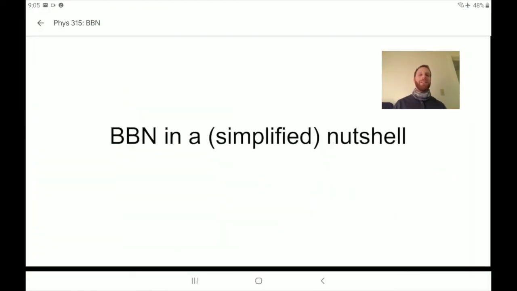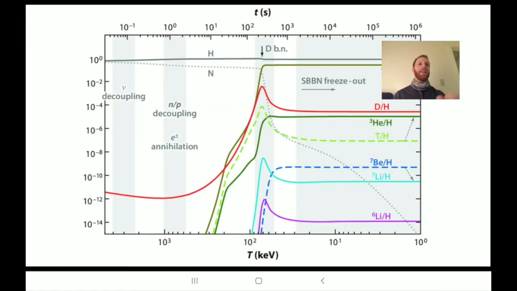But what's the big deal? How do we verify this? Well, when you actually run these complicated codes, which this is kind of showing you what's going on, the weak interaction freezing out really starts with neutrinos decoupling, and then neutrons and protons also decouple, and this happens around the same time that a large amount of electrons and positrons annihilate. But these sophisticated standard Big Bang nucleosynthesis codes will show you how hydrogen, or if you like protons and neutrons, evolve in time, reach this deuterium bottleneck. Once it breaks, you start producing the heavier elements.